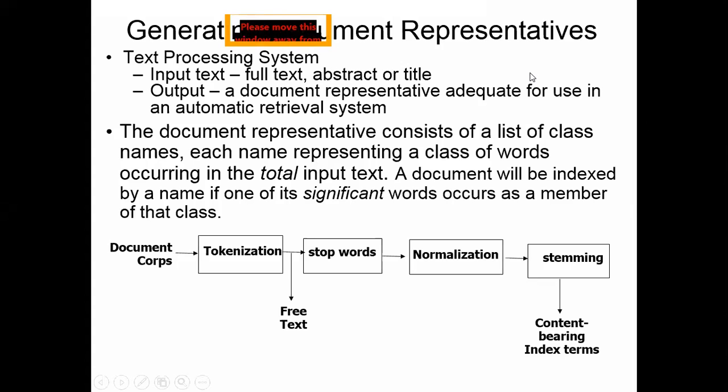So first of all, we have to decide, depending on the application, whether to use free text or content-bearing index terms or query terms. Mostly for textual document, it's better to go for content-bearing index term query term selection by applying after tokenization, stop word detection, normalization, and stemming.